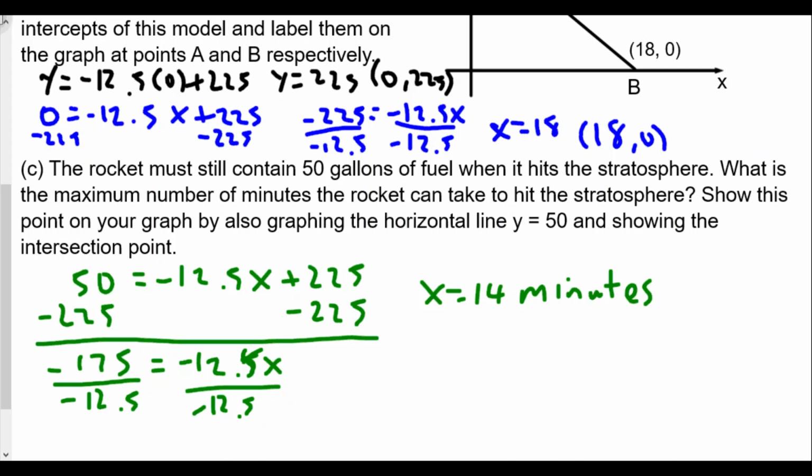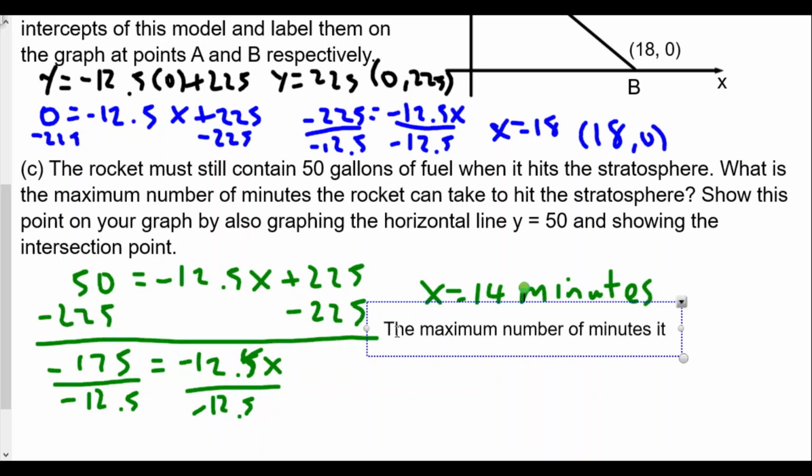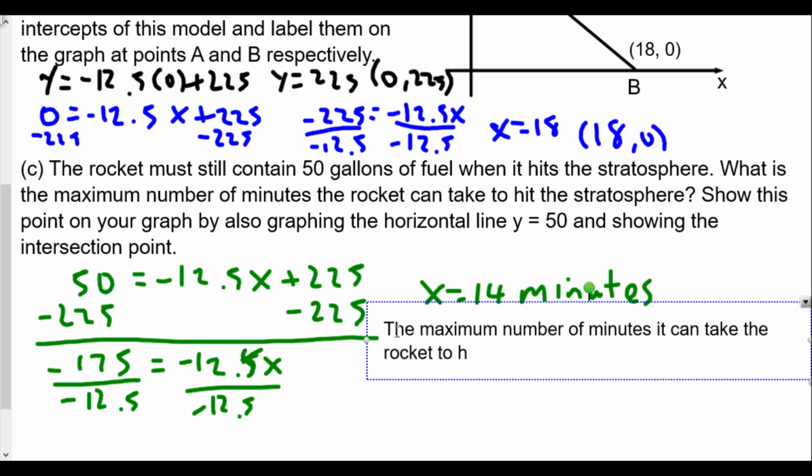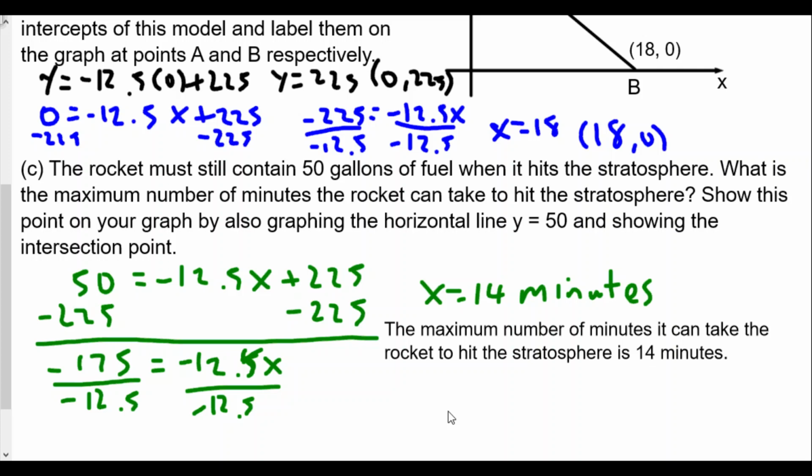And then, make sure I get my font here. Okay, here we go. So the maximum number of minutes it can take the rocket to hit the stratosphere is 14 minutes, because after the 14 minutes, it will have less than 50